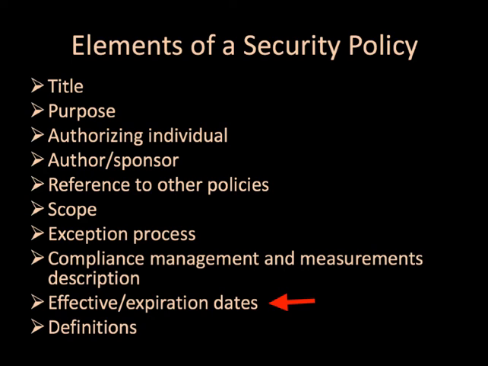Each policy has an effective date. Sometimes an expiration date is also provided. In any case, a table with changes to the policy is included with the policy document. At the very least, each policy should be reviewed each year and necessary modifications made as business processes and threats change. The table of changes provides a history of what was changed, who made the change, and who authorized the change. Finally, key terms in the policy are defined. Everyone should clearly understand what the policy addresses.